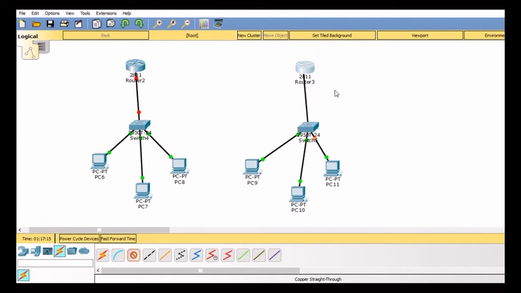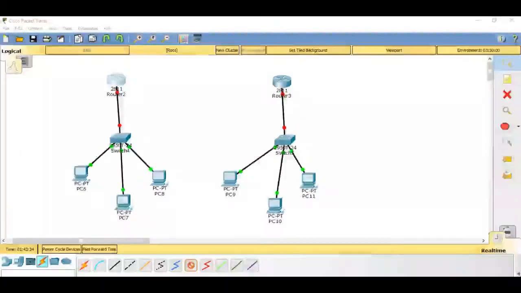Here we have Ethernet 0/0. Now keep in mind that we have selected the interface 0/0. So you can see that this is red. It means that it is not properly configured. I'll tell you later why it is not showing green. As soon as I do configurations on this router, this link will start turning green, since we have connected the switch and the PCs.